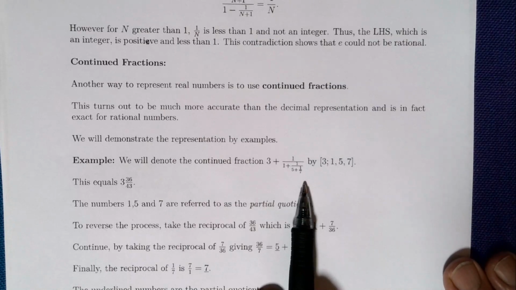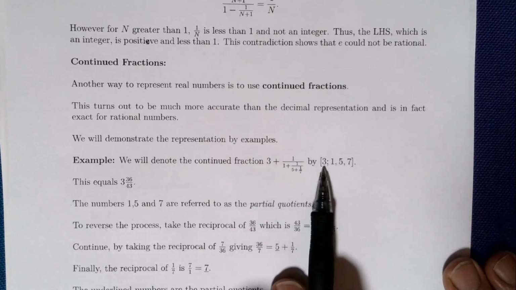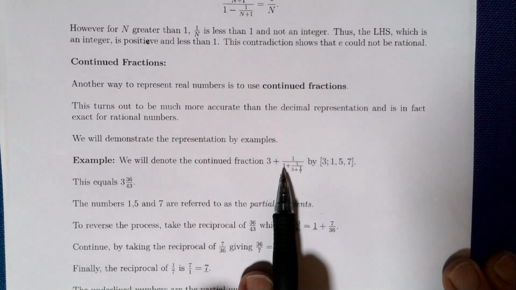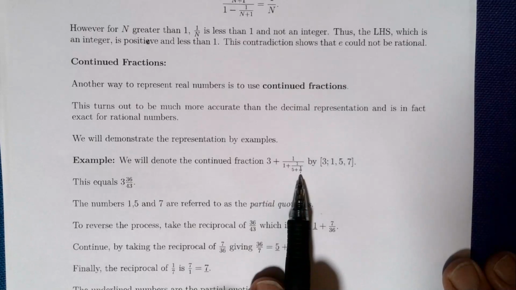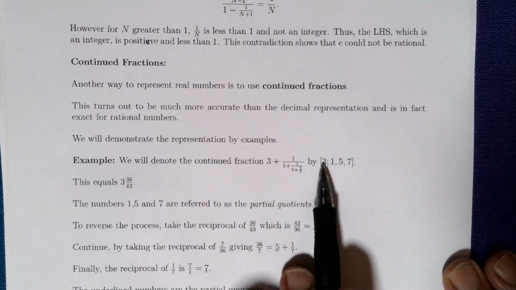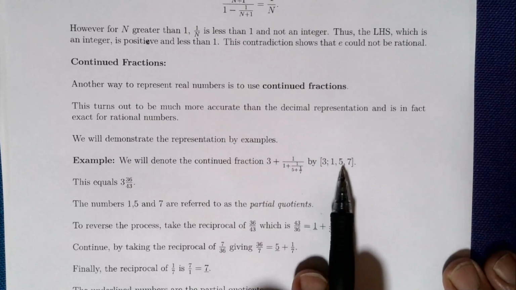So what we do is we write this as 3, that's the whole part. We put a semicolon to split off the whole part, and then we just write down what are called partial quotients, the 1, the 5 and the 7. So when I see this, I mean 3 plus 1 over 1 plus 1 over 5